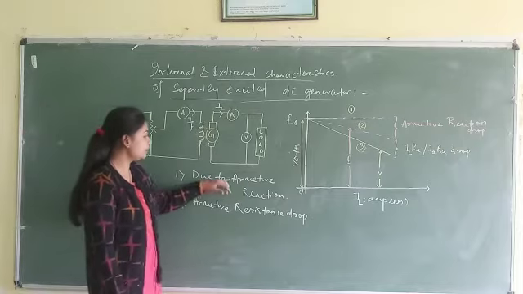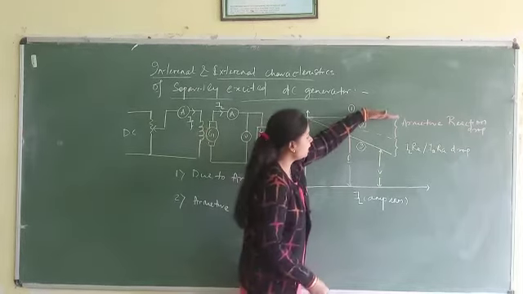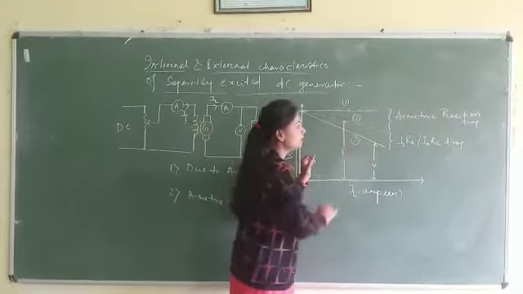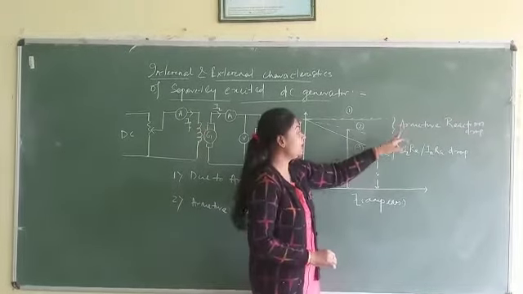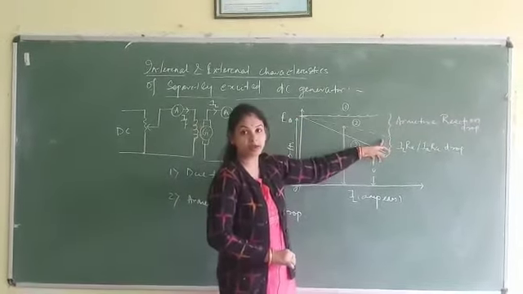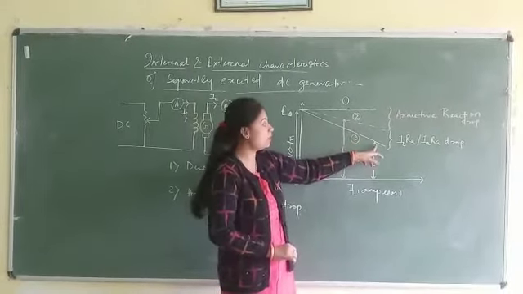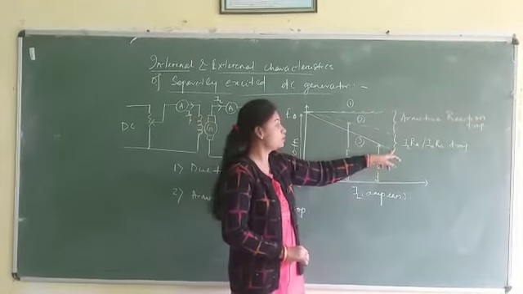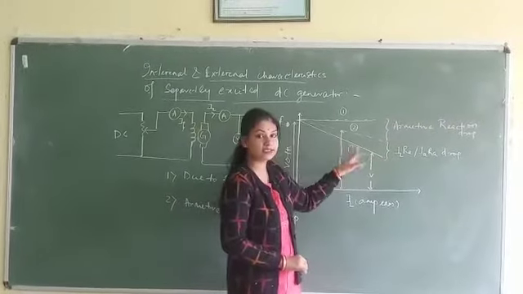Due to the armature reaction drop, the curve will slightly drop; it is a dropping characteristic. You can see curve 2 represents the internal characteristics due to the armature reaction drop. But the internal characteristic cannot be found directly. For that we have to go for the external characteristics. Somehow the armature reaction is associated with the external characteristics curve. So to find the internal characteristics, we first find the external characteristics.